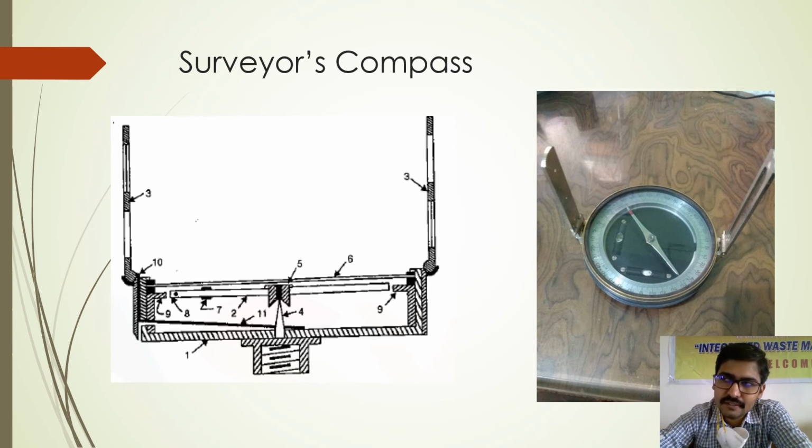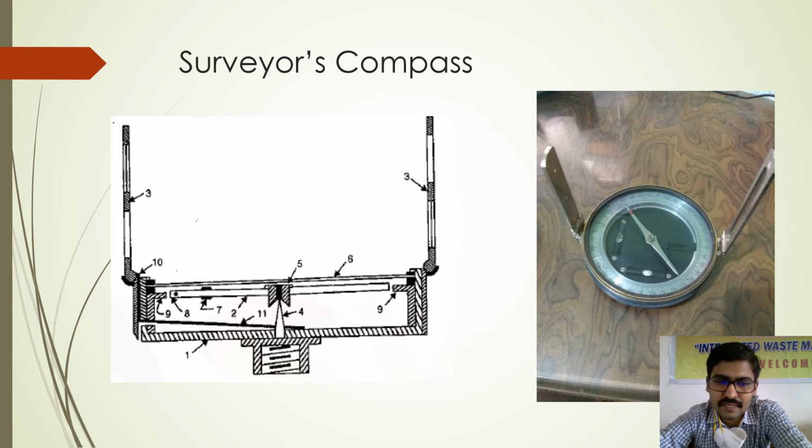And here it is going to have two vanes. One is the object vane and another is the eye vane. So here the eye vane is just to have the line of sight. Here the bearings are measured directly looking from the top of the glass. And the magnetic needle itself acts as an index to note down the reading, right? So whatever the angle shown by the magnetic needle, that itself is the bearing of that line, right?